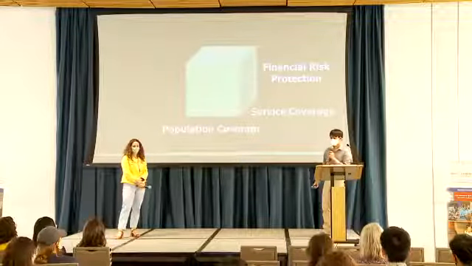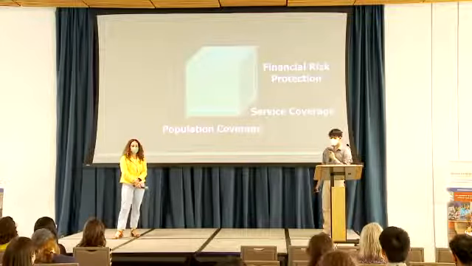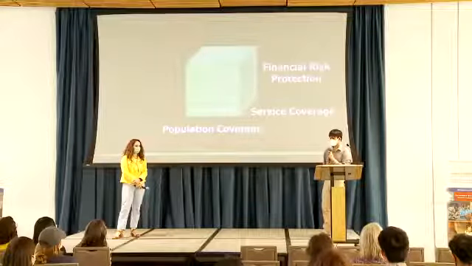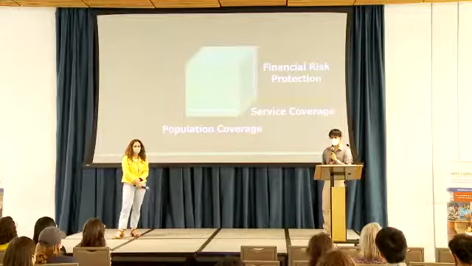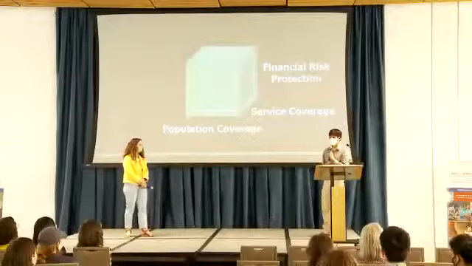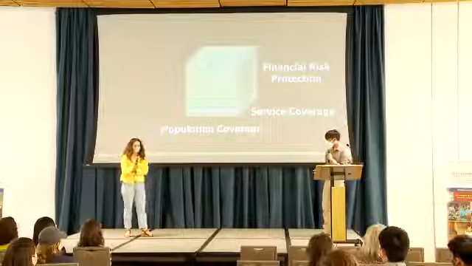So when it comes to UHC, this cube makes it look very straightforward, but there are a lot of trade-offs that we have to make. For example, given that all of the funding for health in every country is limited, should we give a basic health package to the entire population, or should we give a more comprehensive health package to more vulnerable groups? These are very difficult decisions for us to weigh, and there's no clear-cut right or wrong answer.